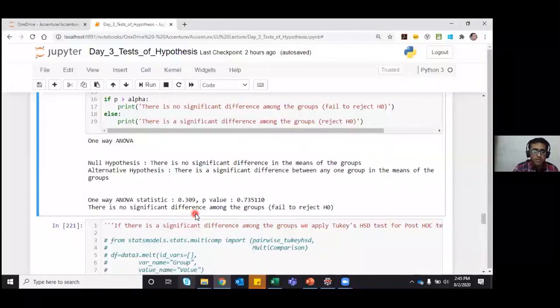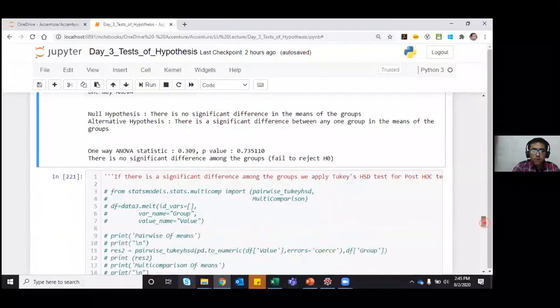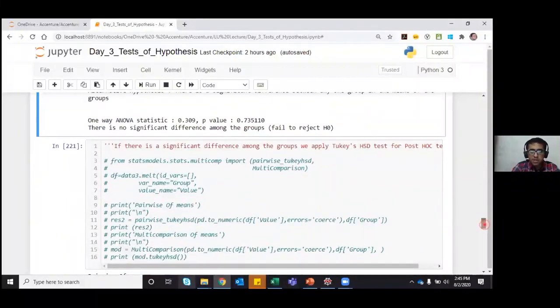If there was a significant difference among any of the groups, for example, height 1 and height 2, or height 1 and height 3, or height 2 and height 3, then we would go for Tukey's test. As I had mentioned in the slide, whenever there is a significant difference among the groups, we go for Tukey's HSD test.